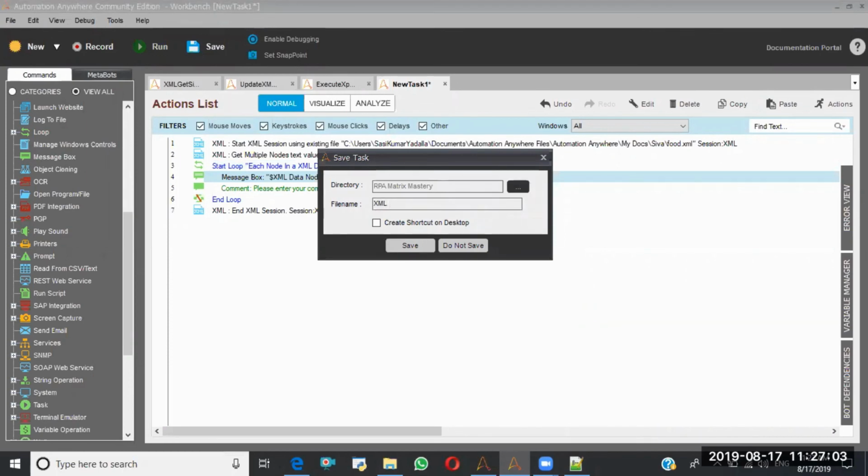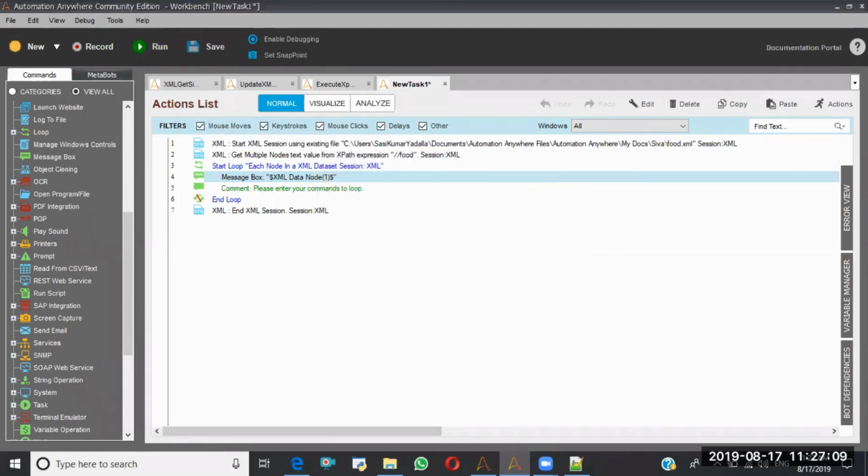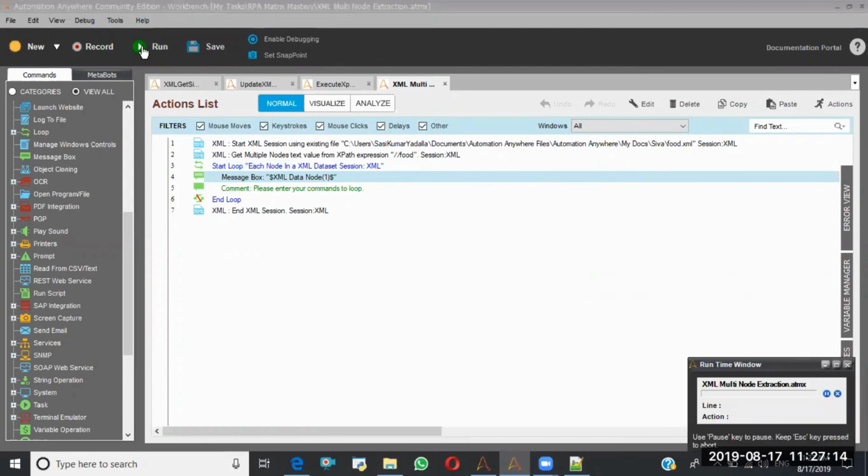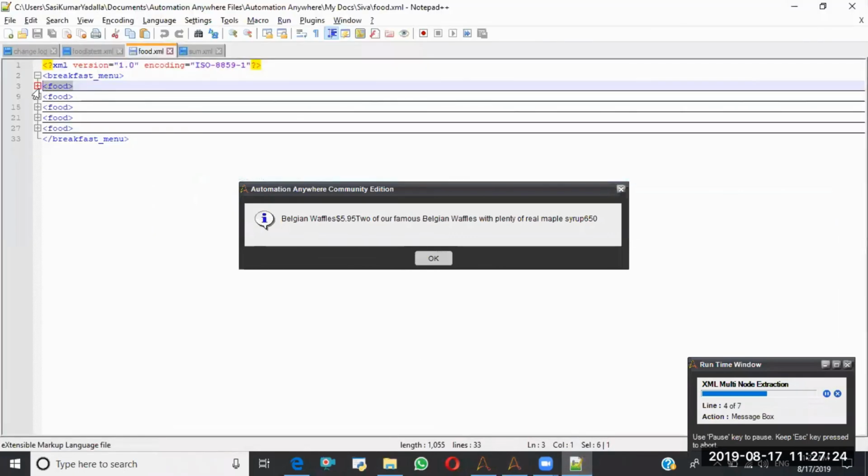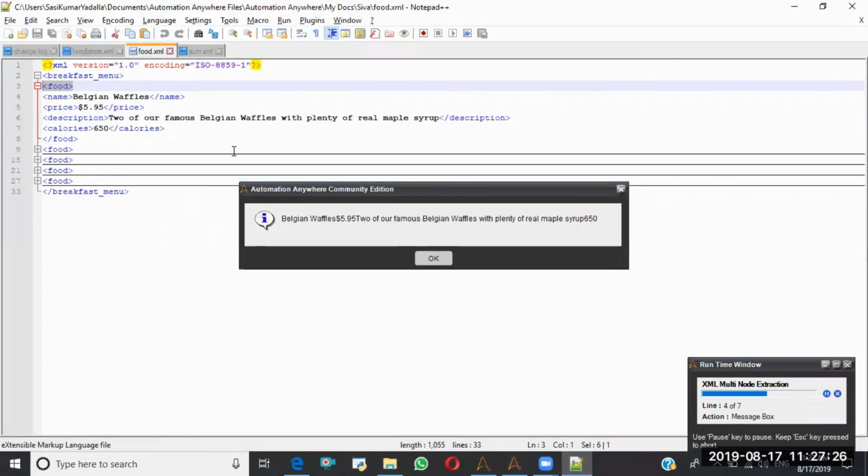XML multi-node extraction. Run. See, the first one is Belgian Waffles, and those details here. If you go here, the first one is Belgian Waffles.